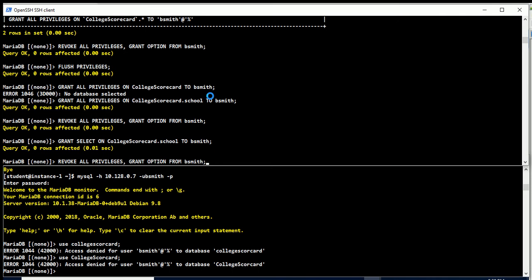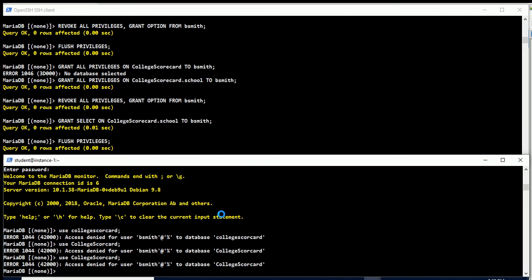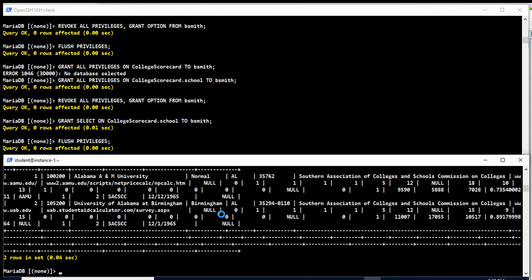So like I said, sometimes you have to flush privileges. And I bet I'll be able to select even though I can't change the database. There we go. So I can still select it, but I can't change to that database for whatever reason, which